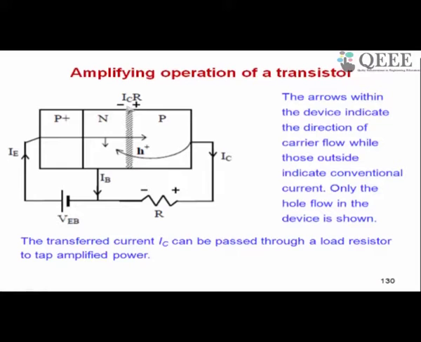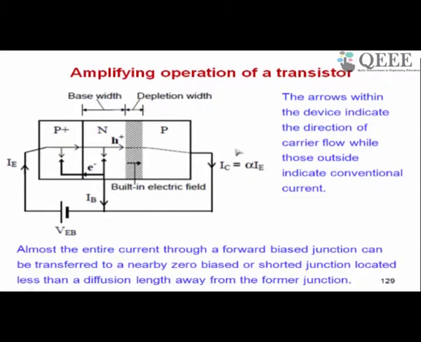Now this polarity of the voltage is going to spoil our transistor action. What was the transistor action? The transistor action was that the entire emitter current is transferred to the collector, almost the entire emitter current. So I'm going back to the previous slide. Transistor action is contained in this term alpha. The collector current transferred from the emitter is alpha times IE, and we want this alpha very close to 1 so that almost the entire current is transferred. Now at this point let me explain to you why the device is called a transistor.